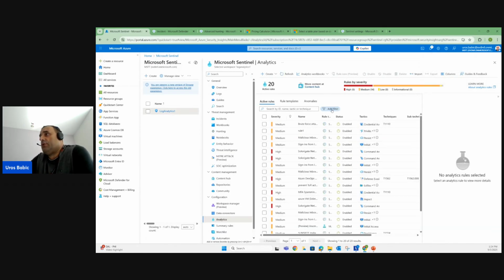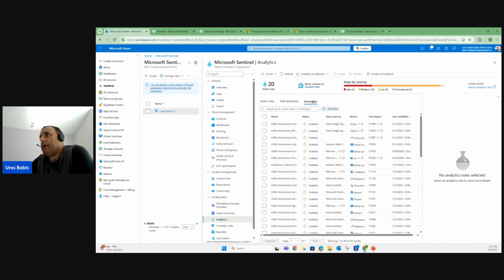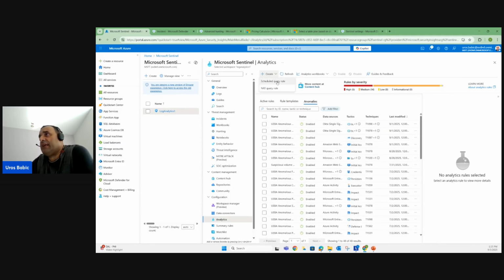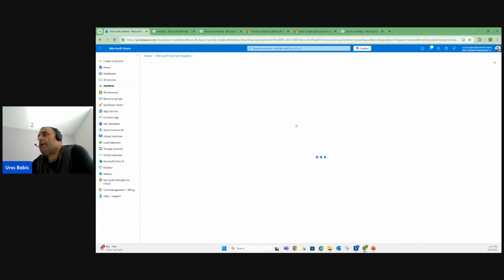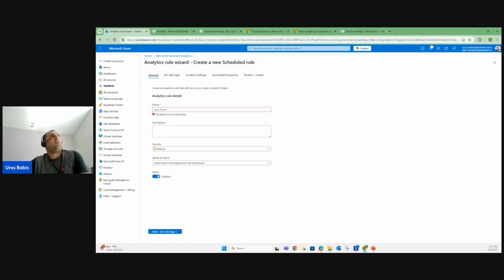I can use a filter for status, enabled, disabled. I can use severity, low, medium, high, critical, information regarding tactic, technique, sub-technique, procedure, rule templates, and anomaly activity. But I can create a scheduled query rule. I can create a near real-time rule for my query, and I can define some rule in this part